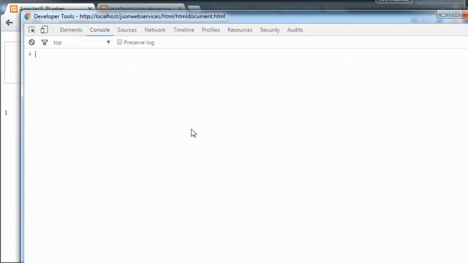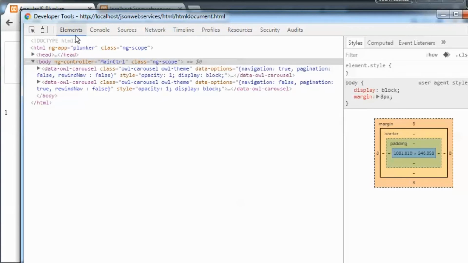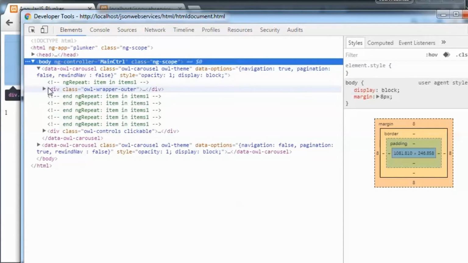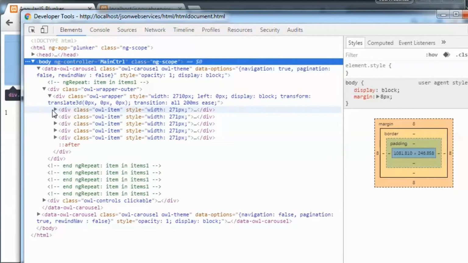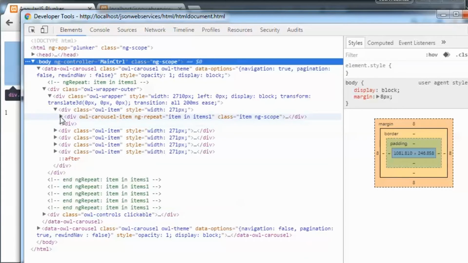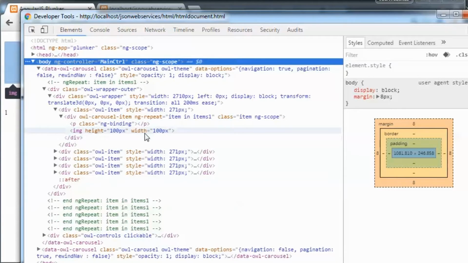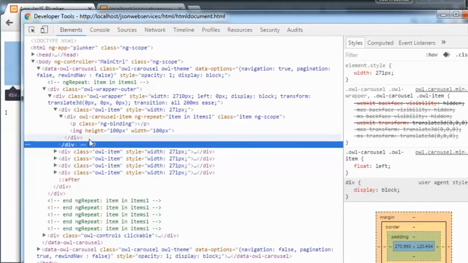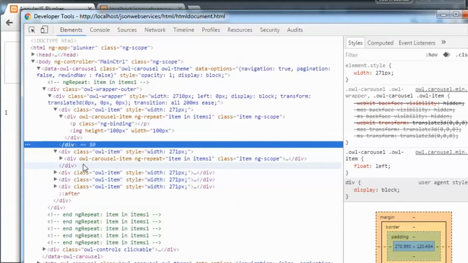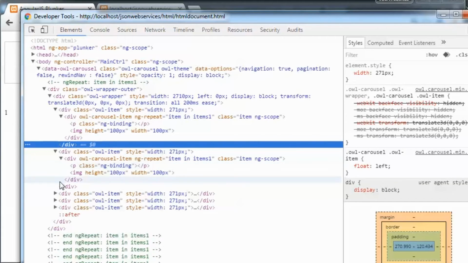I'm pressing F12 and going to Elements, and looking at the first ng-repeat. We see there is an image height and an image width defined, but we cannot see the image itself, so we need to check what is wrong.